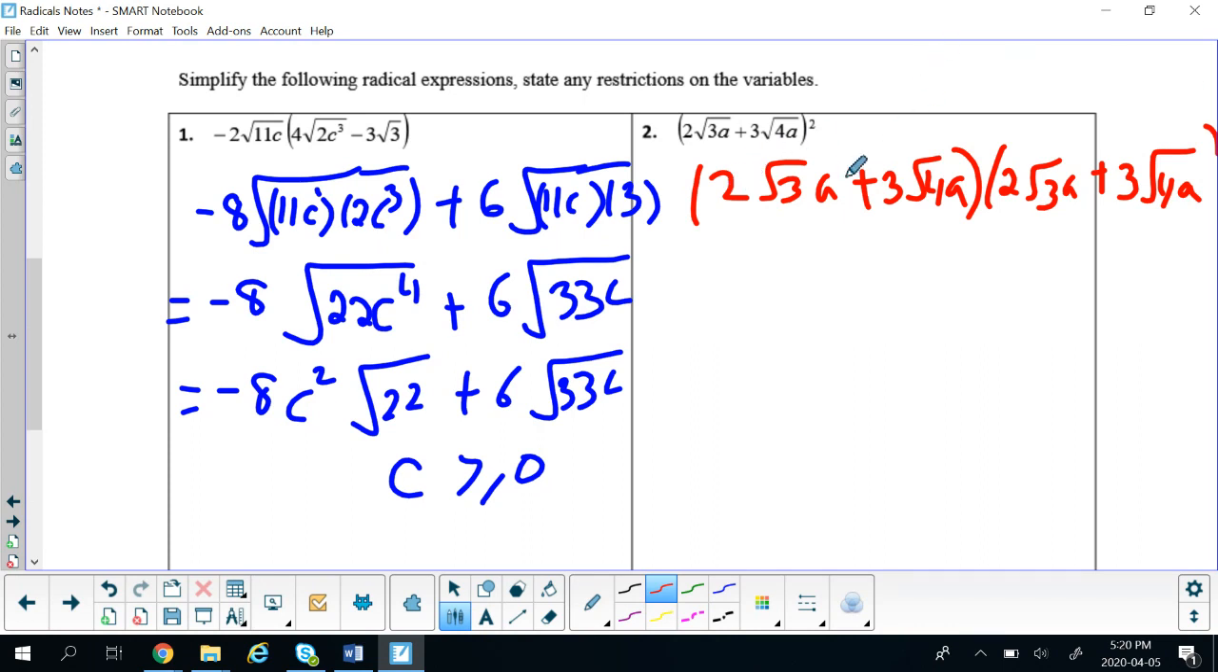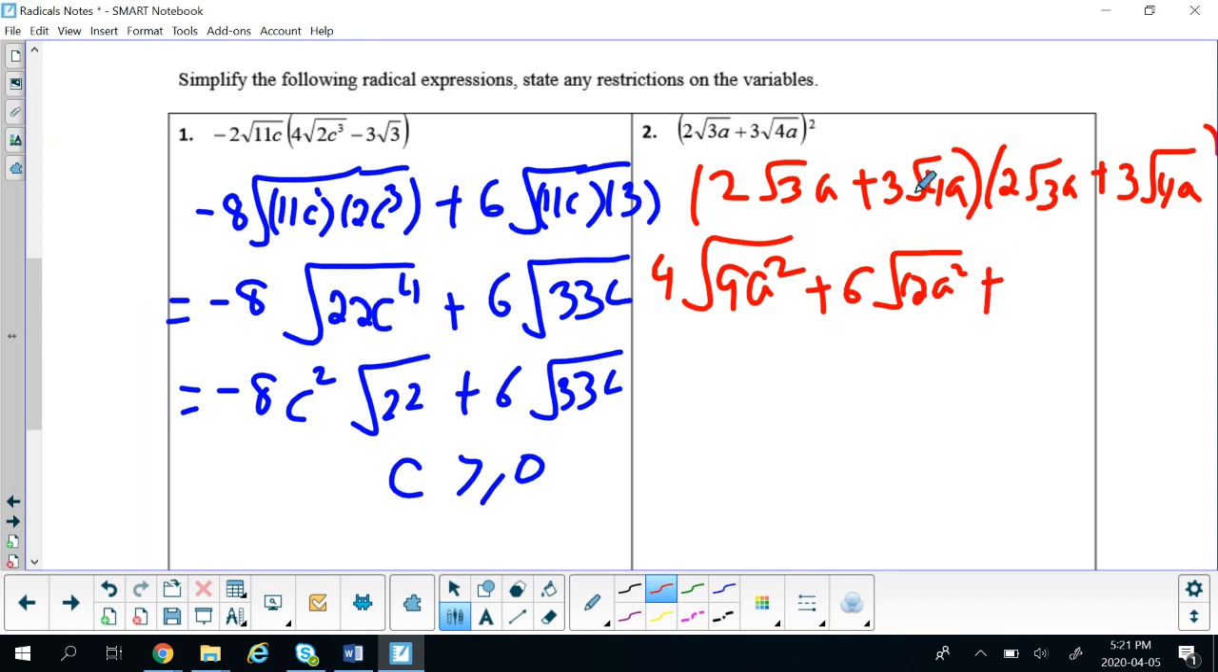So when you FOIL, you multiply the first term with the first term. So 2 times 2 is 4, and then you multiply the radicands. So 3 times 3 is 9, and a times a is a squared. So 9a squared. Plus, now the first term with the second term of the second expression. So it becomes 3 times 2 is 6, and you multiply the radicands too. So 3 times 4 is 12, a squared,